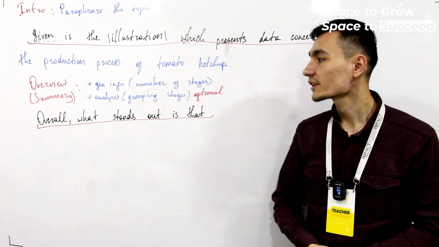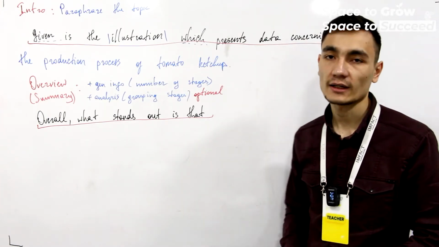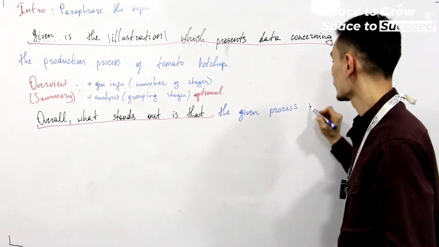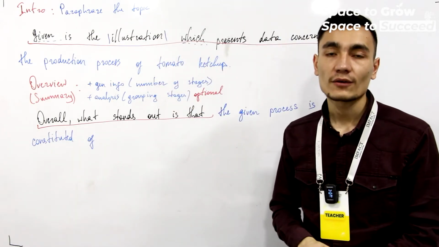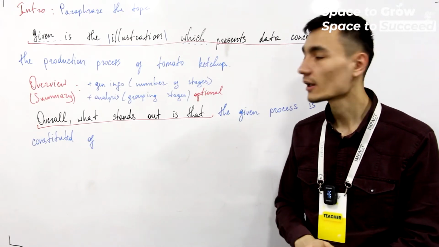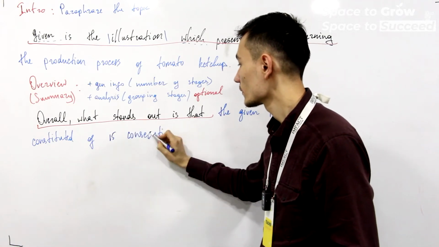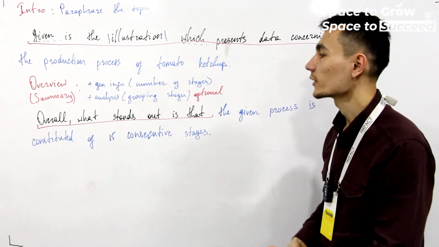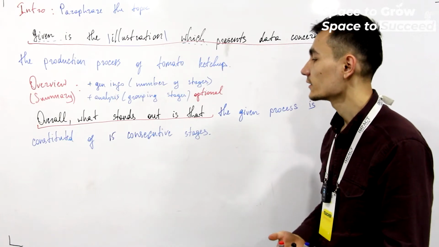so as you see, we always have to start our overview with a summary, with overall, what stands out is that, and then you just continue your information. So in our situation, we have 15 stages of ketchup production. You can see, and you can learn these stages, and we will write 15 stages. And as you see, we wrote overall, what stands out is that the given process is constituted of 15 consecutive